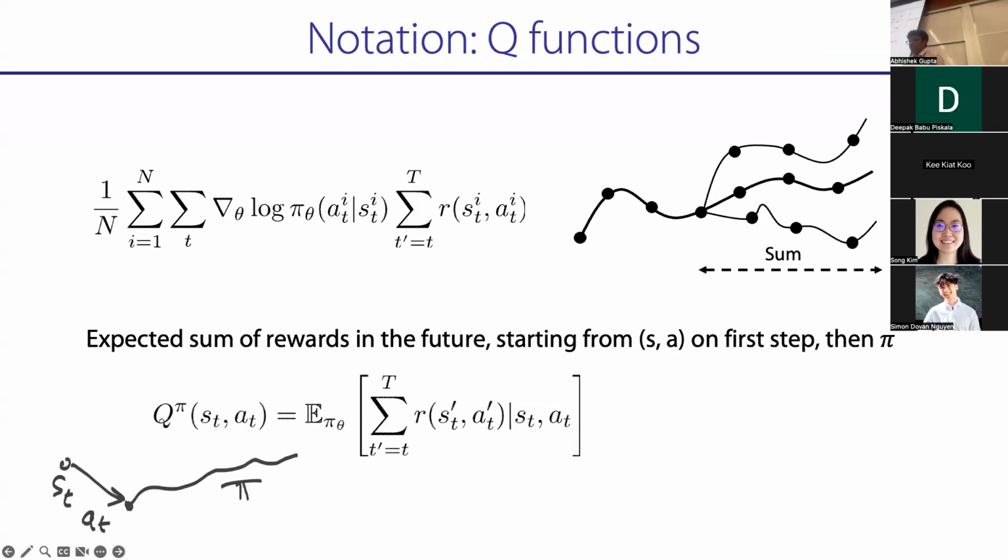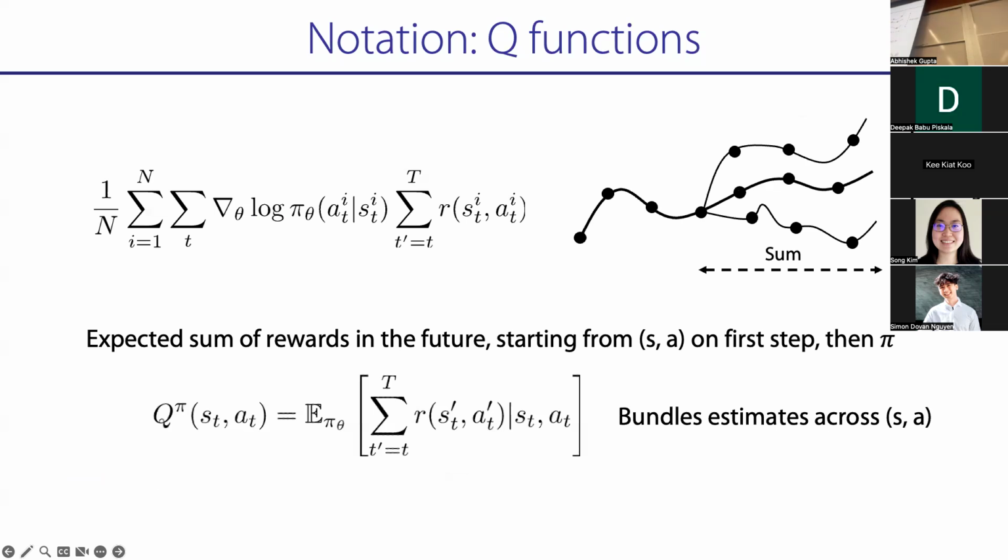You can think of the Q function as saying, if I had run the policy multiple times, I'm going to sum up the rewards into the future. If it's infinite horizon, you can have a discount here. It's the expected sum of rewards into the future: sum up each trajectory, and then average it over all of the trajectories that you got. So this is the sum of rewards, and this is the expectation. A Q function is the expected sum of rewards in the future when you start from S, take action A, and follow the policy pi after that.